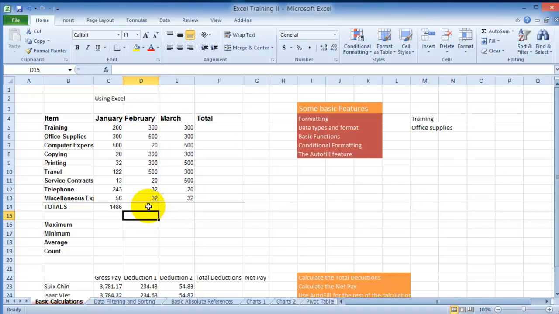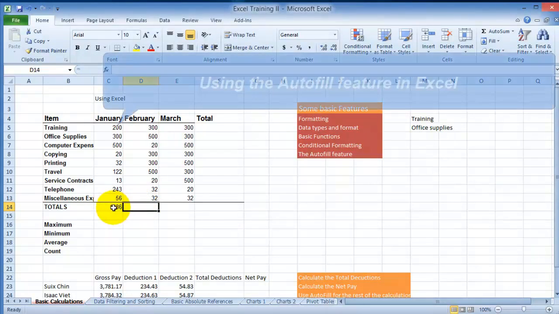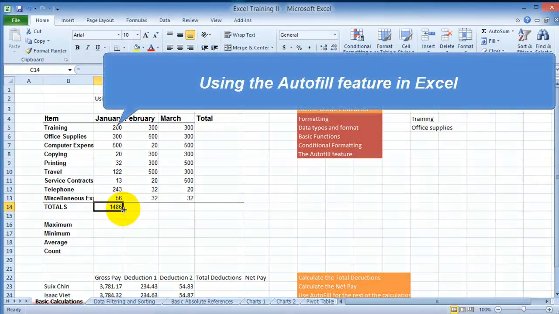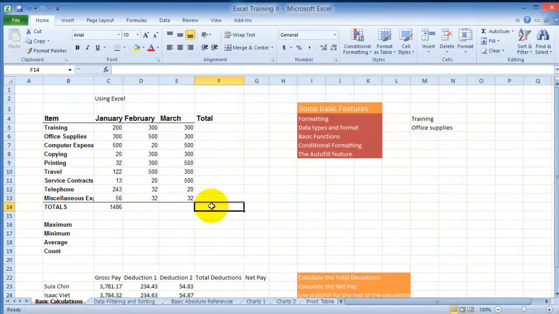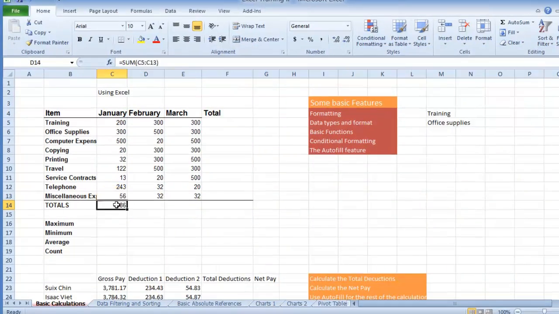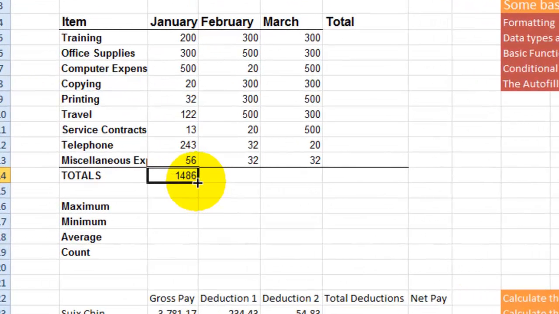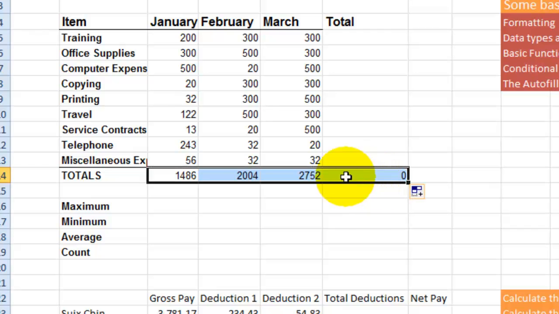So let's say that I wanted to put the totals for these other numbers in here. There's a feature called autofill here. So instead of you having to enter the formulas for each one of those, they're all exactly the same. What you can do is you hold the mouse on the bottom right, and when it changes to a little plus sign, the thin one, not the thick plus sign, then you drag it to the right,